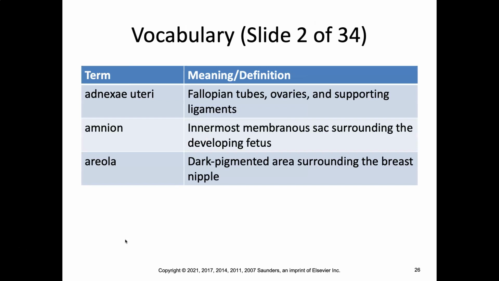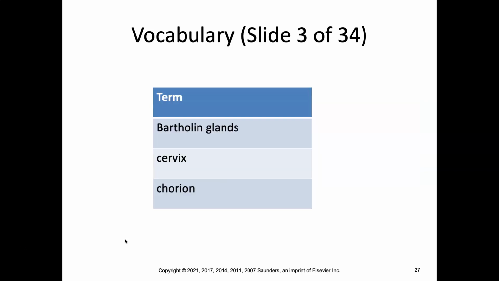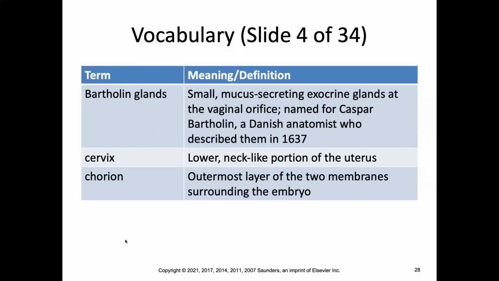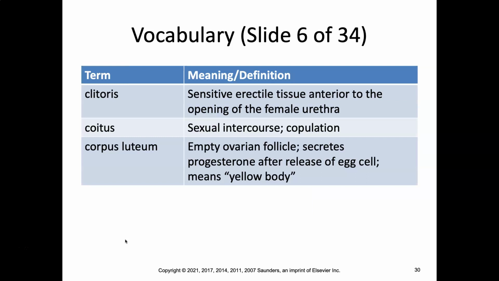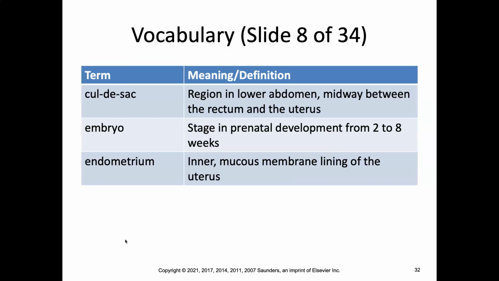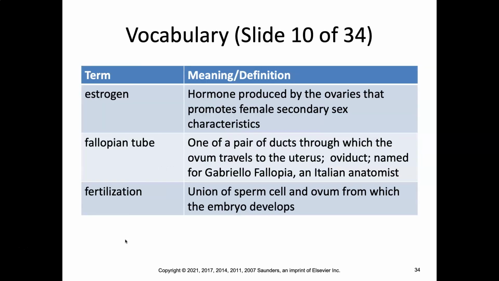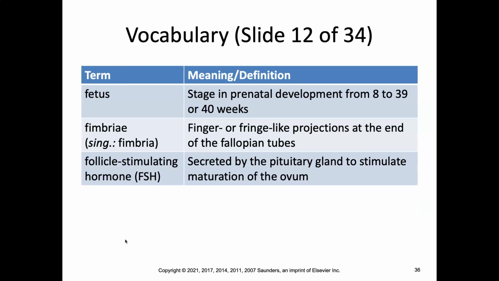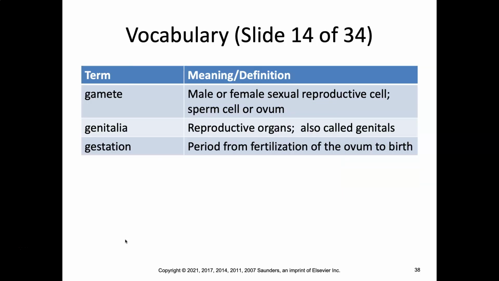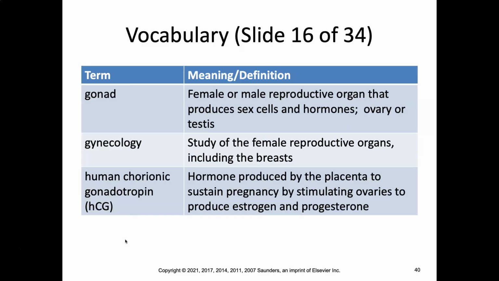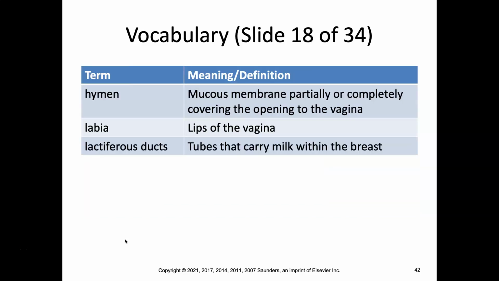So what are vocabulary words that we're going to run across in this section? Adnexa uteri, amnion, areola, Bartholin glands, cervix, chorion, clitoris, coitus, corpus luteum, cul-de-sac, embryo, endometrium, estrogen, fallopian tube, fertilization, fetus, fimbriae, and singular is fimbria, so fimbria, fimbriae, follicle stimulating hormone, that FSH, gamete, genitalia, gestation, gonad, gynecology, human chorionic gonadotrophin, HCG, hymen, labia,